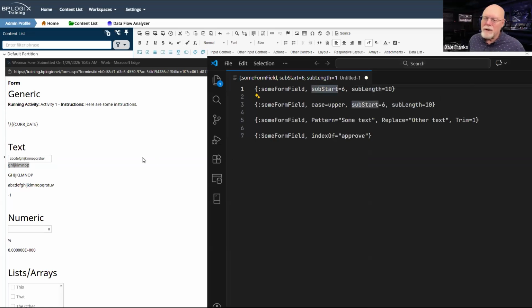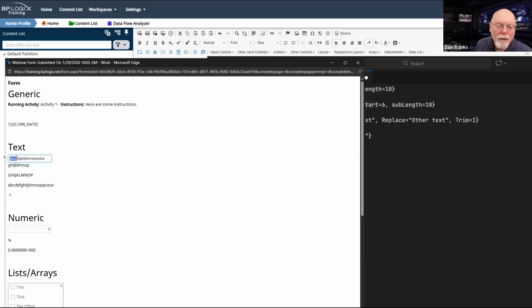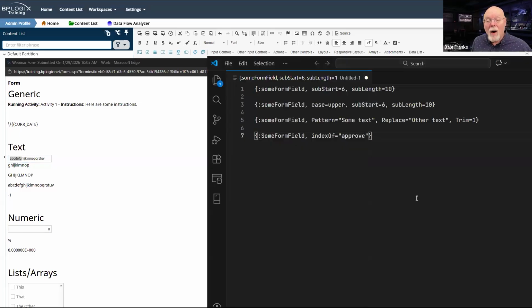So we're starting at substart 6. G is 1, 2, 3, 4, 5, 6, 7. That's 7 characters to get to G. What is going on? I asked for the 6th character. Well, this is one of those things in Process Director that is zero-based, meaning the first number in the index is not 1, it is 0. So it's very important to remember that when we're talking about indexes, we are usually talking about a zero-based field.